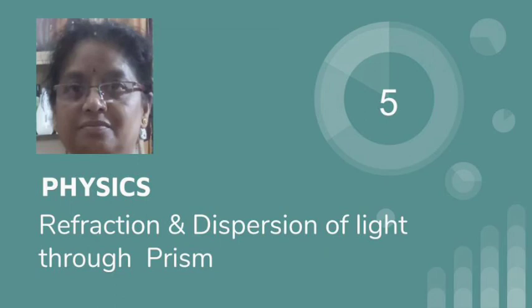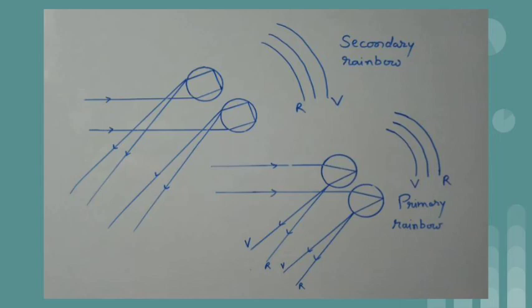There is one very pleasant natural display, the rainbow, which is the consequence of dispersion of sunlight by the water droplets in the atmosphere. A rainbow is in the form of concentric arcs of colors in the sky when the sun shines on water droplets during or after rain. It is seen while the observer stands with his back towards the sun. Usually we see primary rainbows, but sometimes secondary rainbows are also seen.